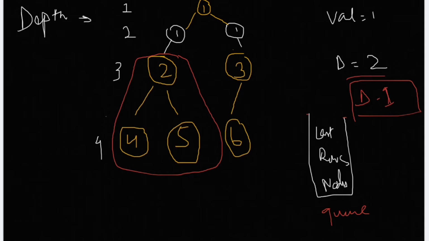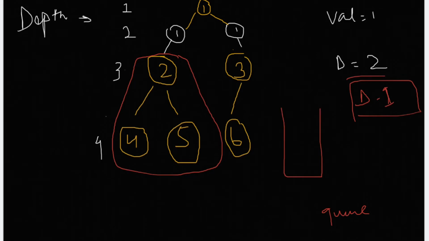So let's take this very example and let's see how that will pan out. First of all, my pointer will be pointing towards my root node. I'll check what my depth is. Clearly my depth is equal to d minus 1, which in our case is 1, and my current depth is 1 as well. So I'll stop right here. Of course, I would have added my node into the queue before it,